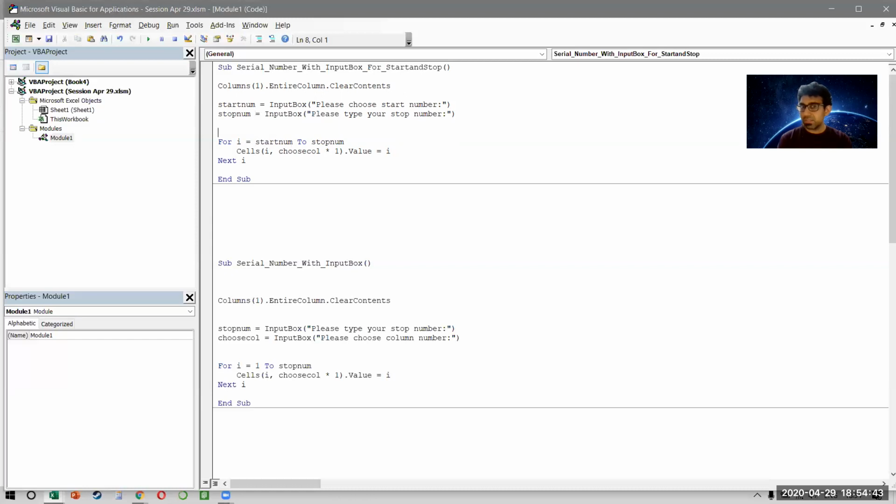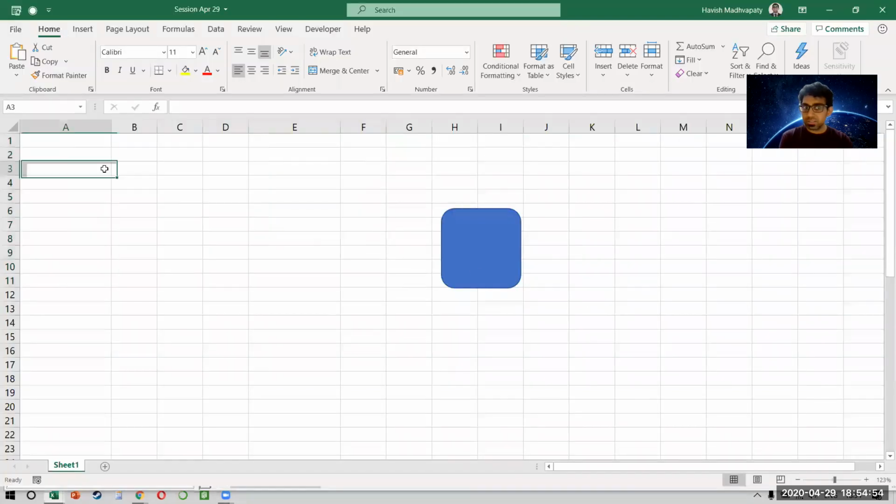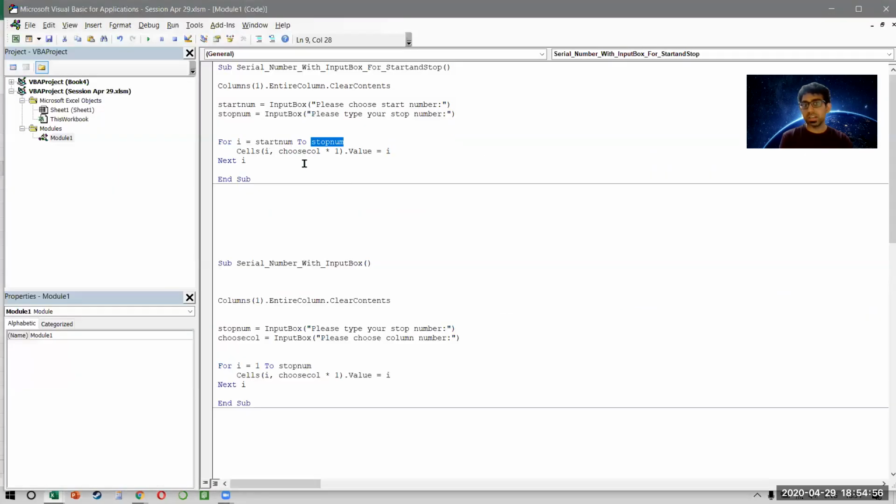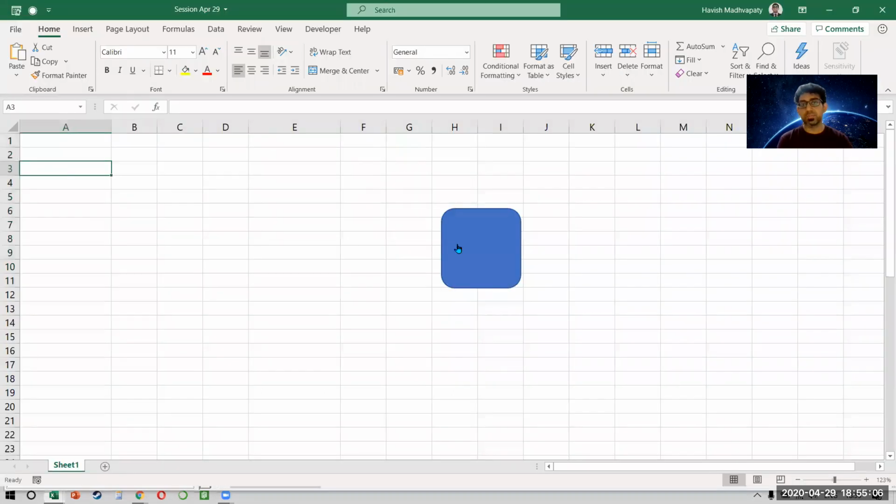Guys, is it making sense? If I want numbers from 10 to 25, the user can choose 10, he can choose 25. Fair enough, he will get 10, 11, 12, 13 till 25. But the value should come in the first cell, no? It should come in 1, 1 only. So right now what is happening is that this will also become 10. Let me first show you how it works, then you will understand the problem.